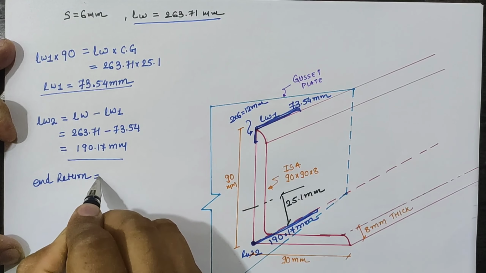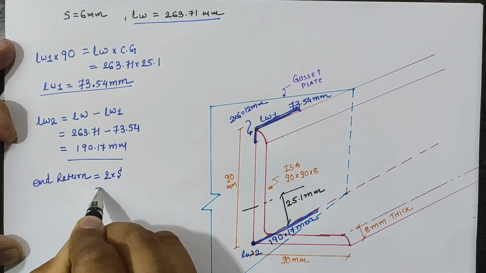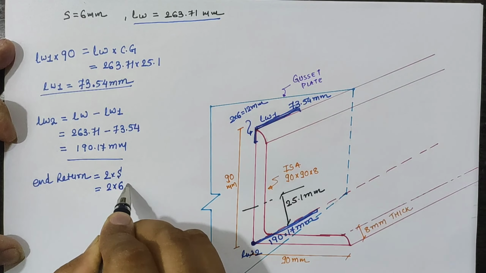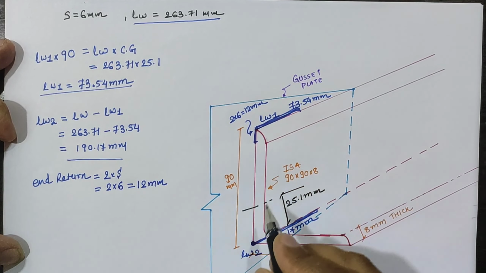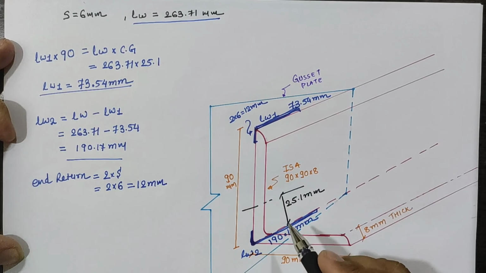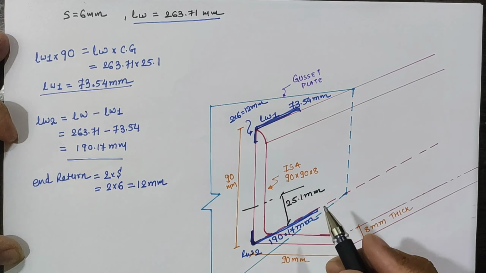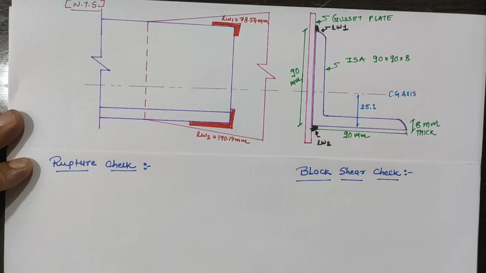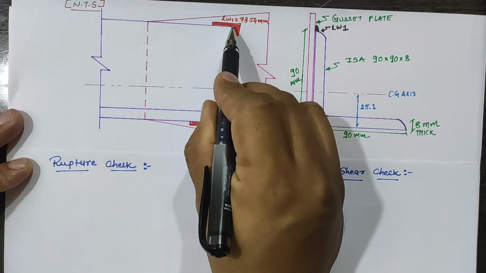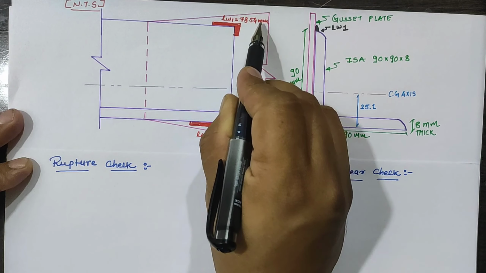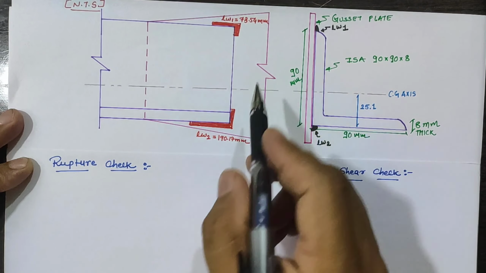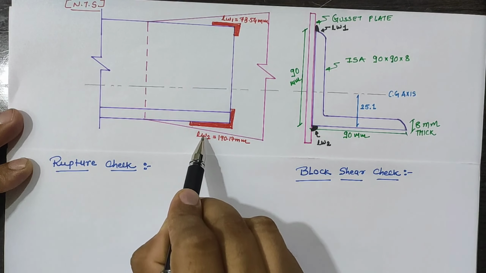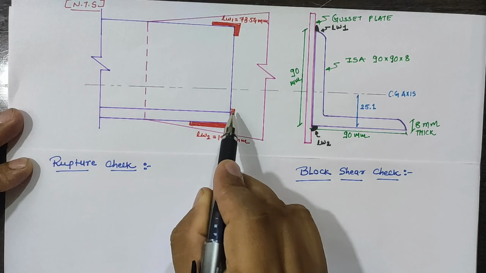And return, which is equal to twice the size of weld, which is provided at top as well as the bottom of the weld. Now going ahead for the check for the connection. According to the design, we have to provide the top length of weld as 73.54 mm and end return as 12 mm. Similarly, at bottom 190.17 mm as a length of weld at bottom and 12 mm as an end